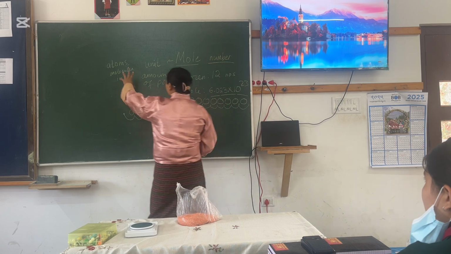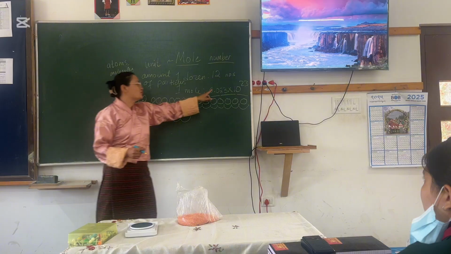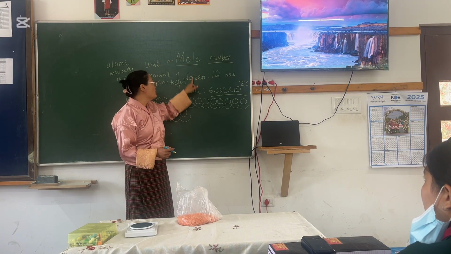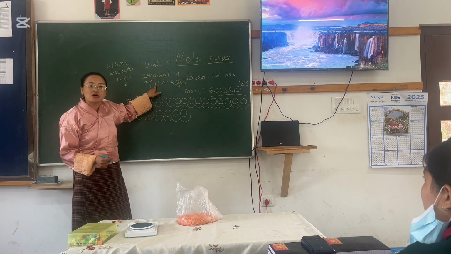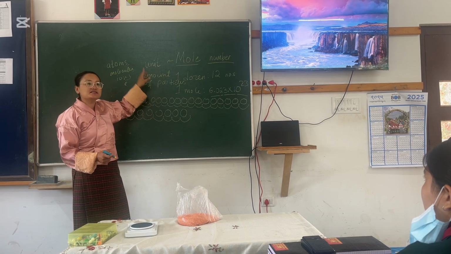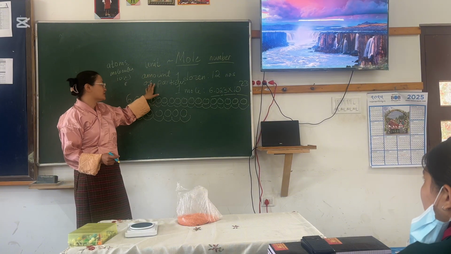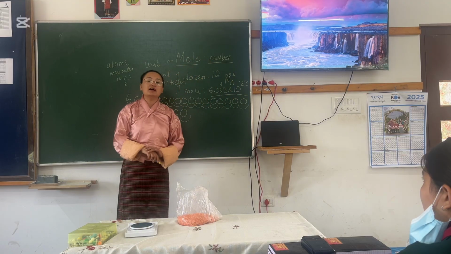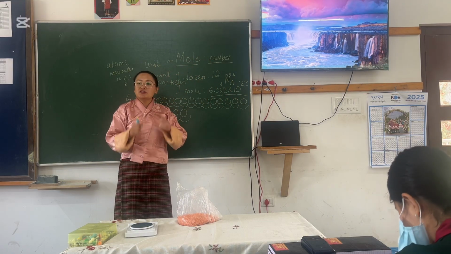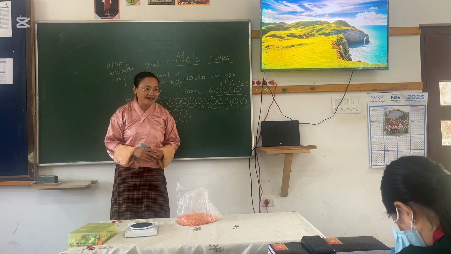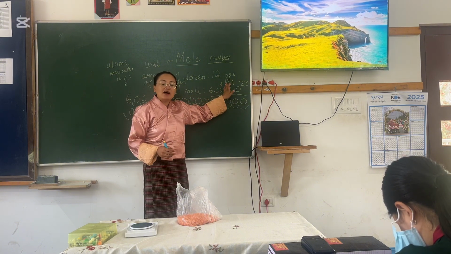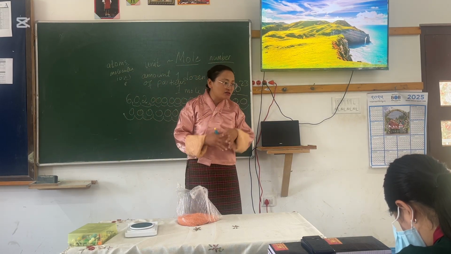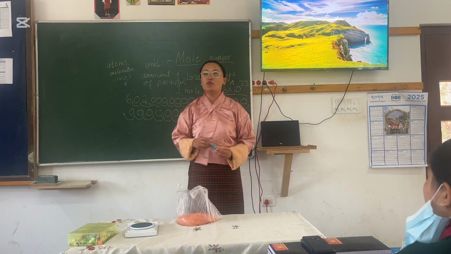Alright, now because these atoms and molecules are so tiny, we need a big unit to represent them, and that is mole. So 1 mole is just a unit to measure amount of particles. Particles here represent your atoms and molecules. So this is the number, known as Avogadro's number. We studied about Avogadro's law in chapter 1, right? This chemist, Avogadro, was the one who said equal volumes of all gases under similar conditions of temperature and pressure contain equal number of molecules.